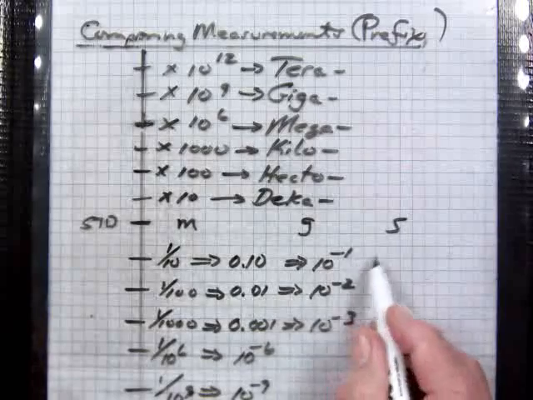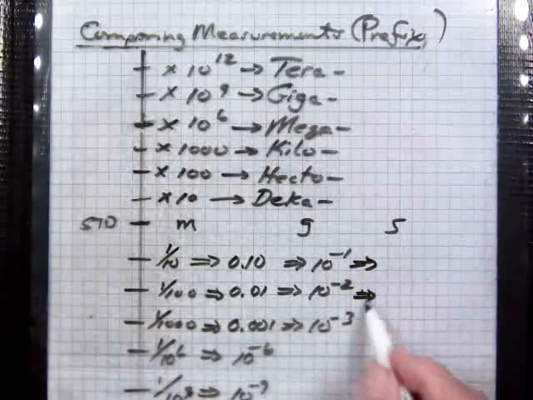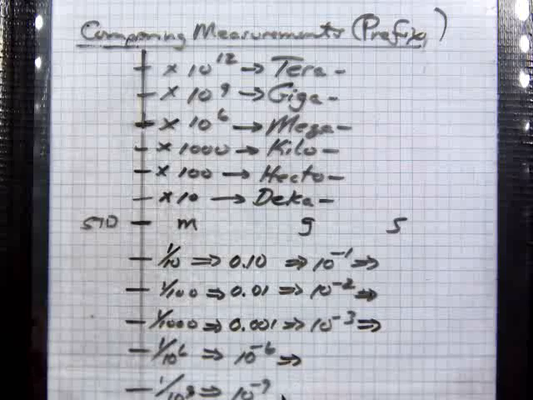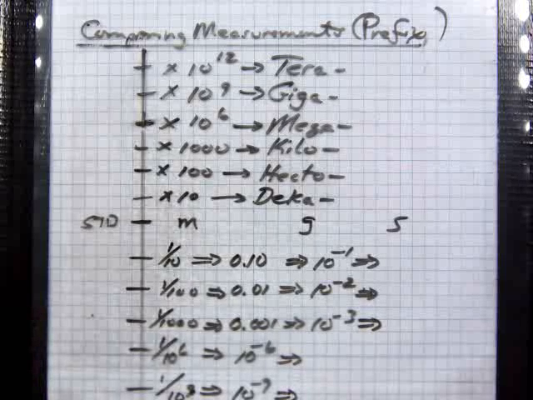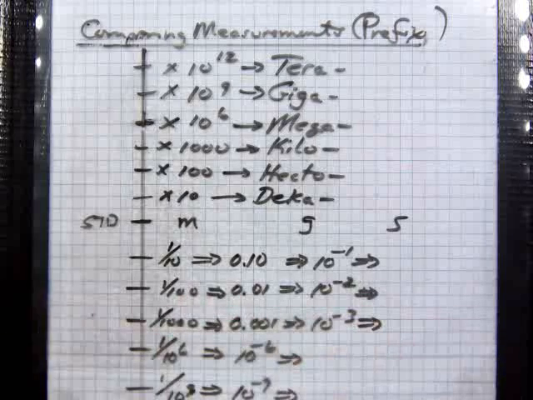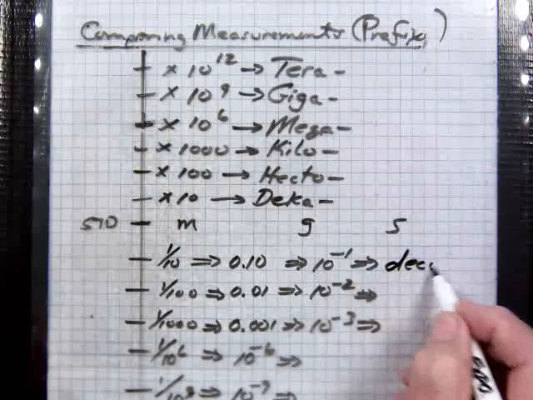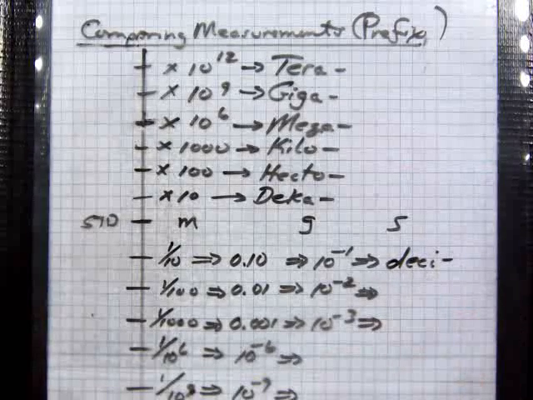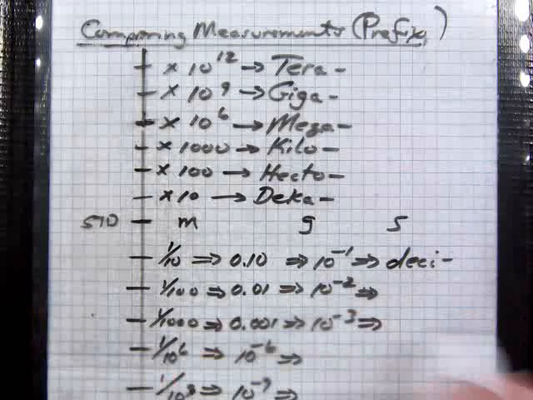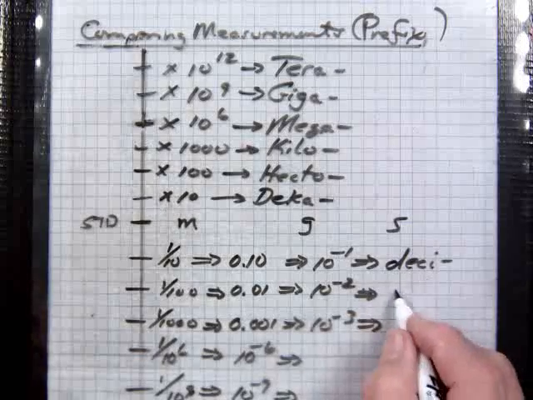So when we attach a prefix to these, we want that prefix to reflect a fraction of the standard. And when we talk about 1/10 of the standard, we want to use deci, decile. Okay, and I use lowercase for those, just personal, there's no rule about that. I just use it. Okay, and centi,